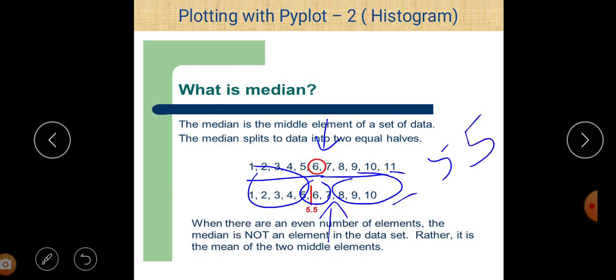That is the concept to calculate the median.